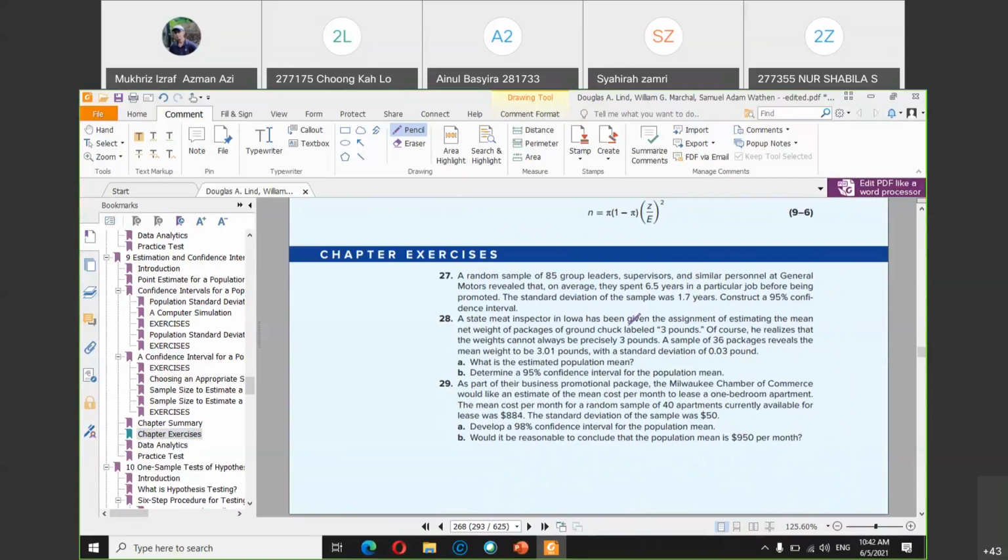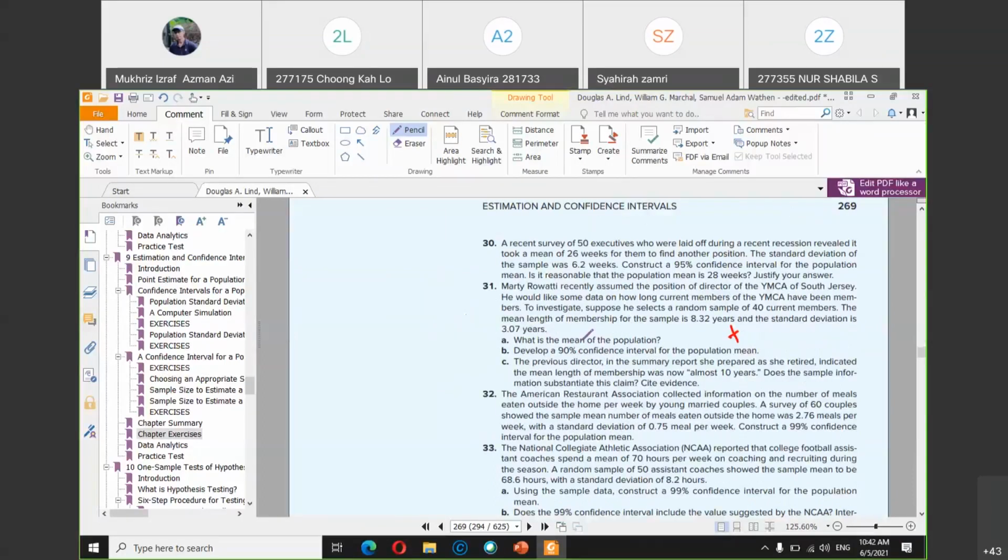So the first question that you need to do will be question 28. Here again, I can already tell you in advance that you are going to use the T distribution, because the information points to a T value. The sigma here refers to the sample size. So the first question is question 28, and then the next one will be